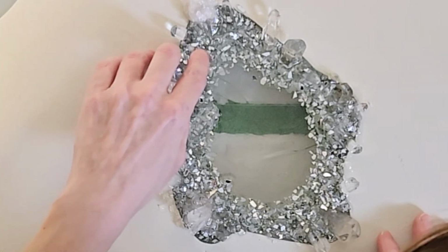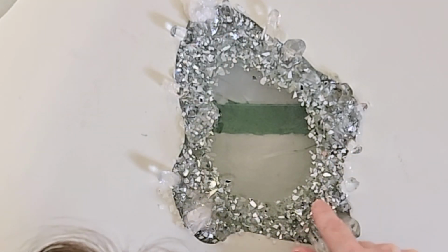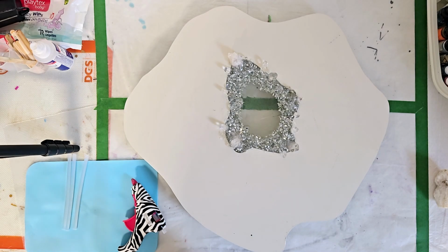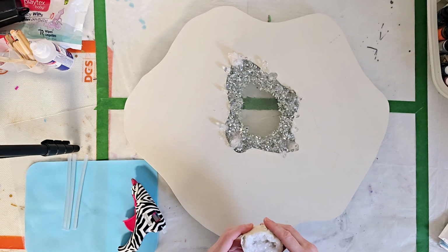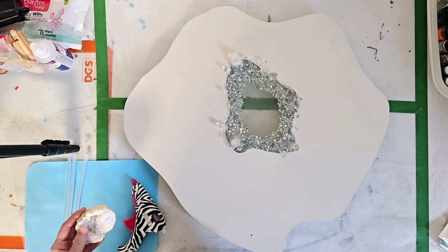So, those rhinestones are nice in there. I'm glad I added them. They're just kind of little subtle little blings in there. I mean, they're not naturally occurring, so. Anywho, that's what I'm gonna do. Get the glue gun going. You guys are probably like, why is she doing this? Well, aside from the leakage,